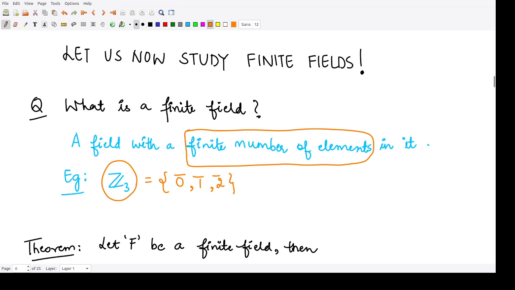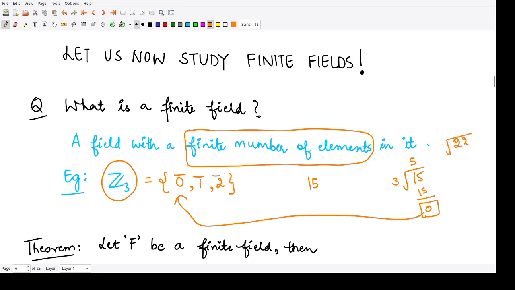and 2 class. Whenever you have some integer, say 15, when you divide 15 by 3, what would you have? This would go on 4, so it would be 12. Sorry, it would go on 5, so it would be 15. So its remainder is 0, so it comes to this 0 class. Now suppose you take the element 22 and divide by 3, it would go on 7, it would be 21, and the remainder here would be 1. So it will go to this 1 class.